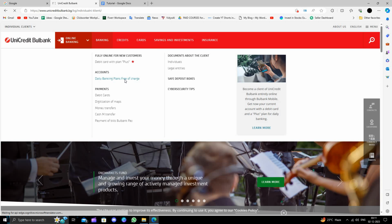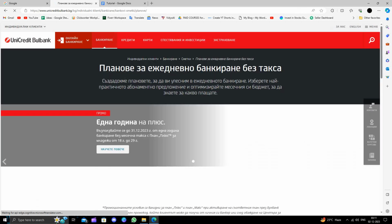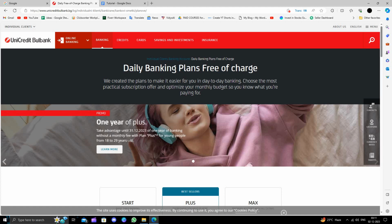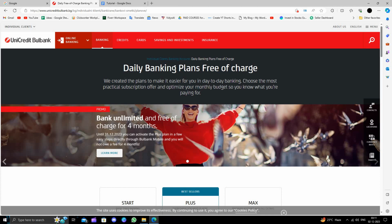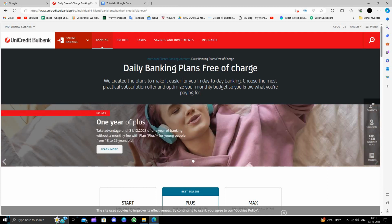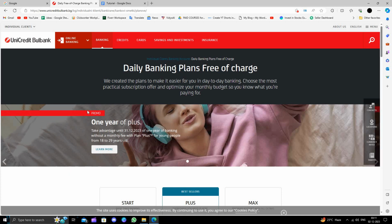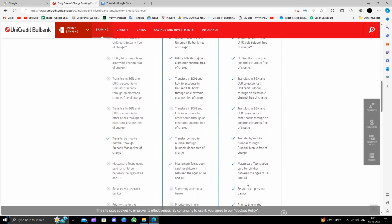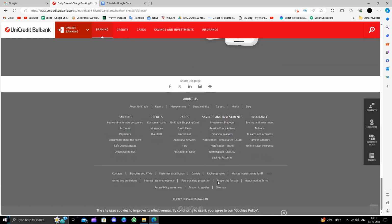To open a business account, basically you have to visit your nearest branch to verify, because business verification is required for any type of business account opening. If you come here, you have to go to your nearest branch for your current account or